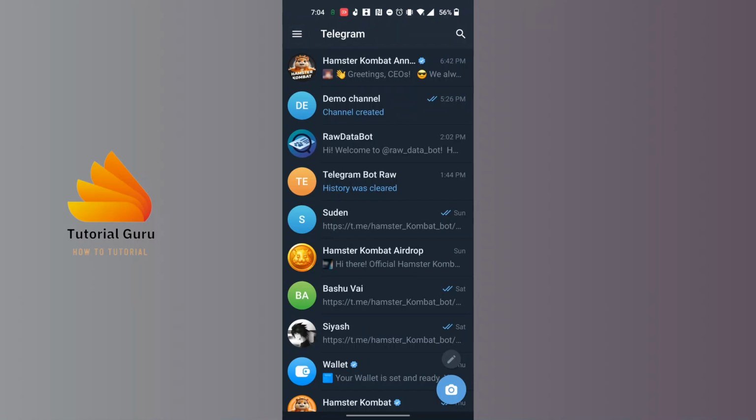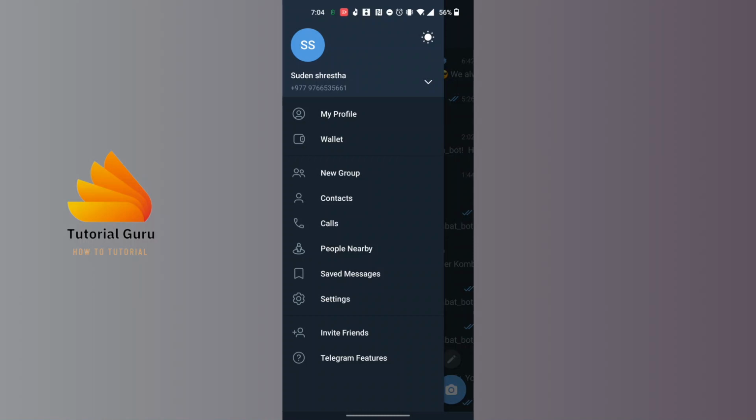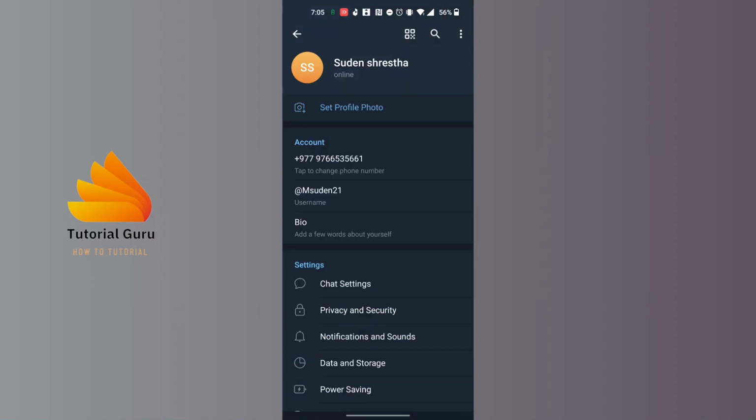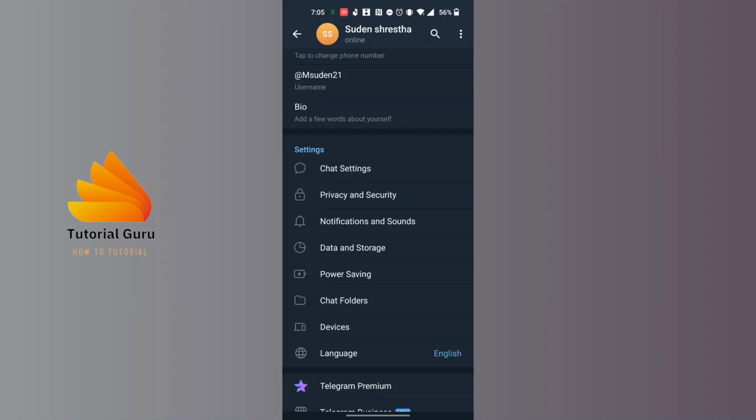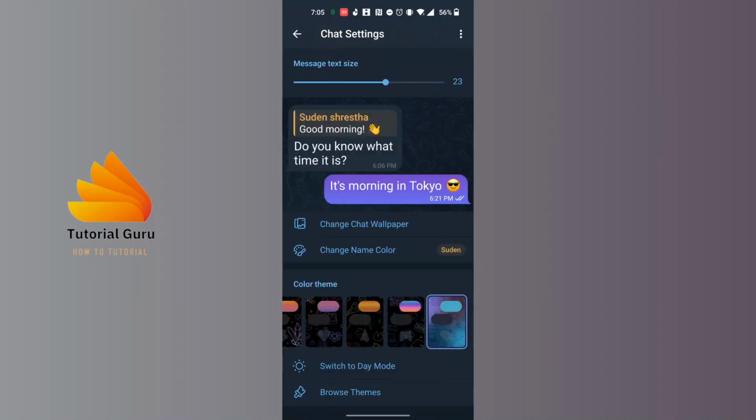Tap on that three-lined icon and this kind of panel will appear where you can see the settings option available for us. Just below the saved messages, tap on settings, and over here you can see the chat settings available for us. Just above the privacy and security, tap on chat settings and this kind of interface will appear